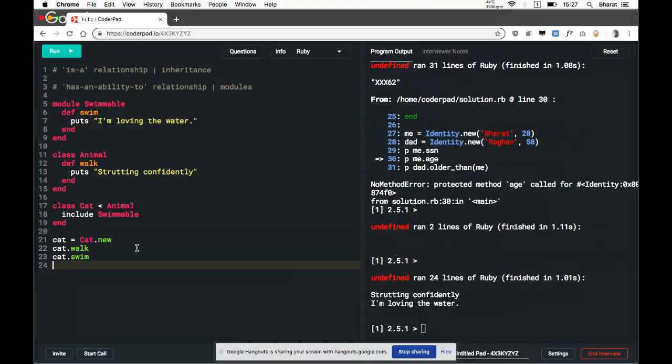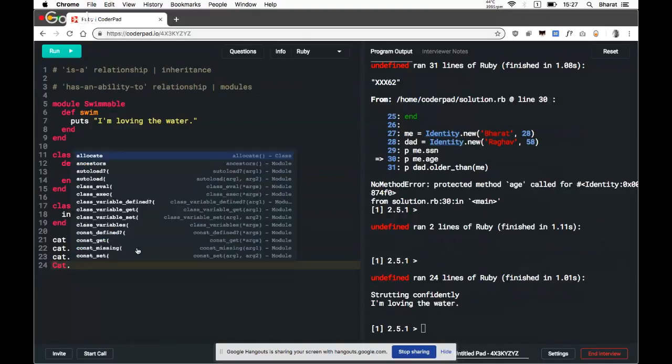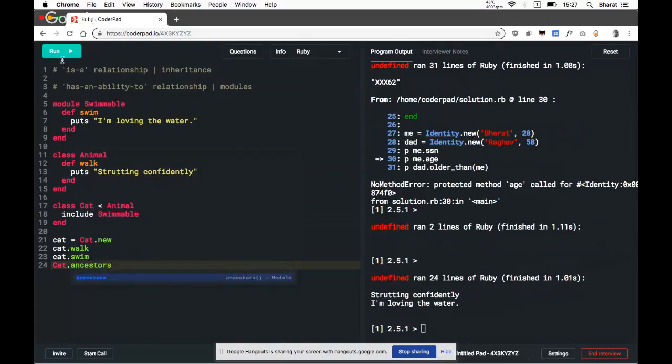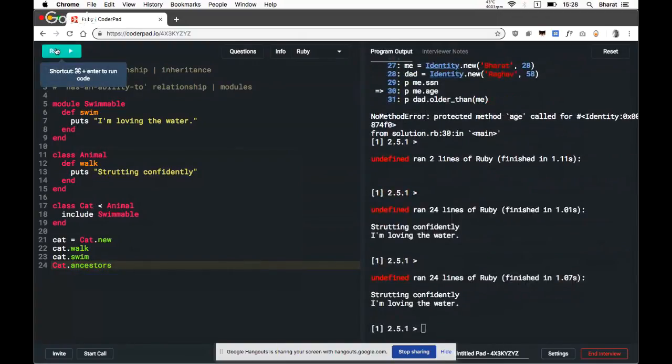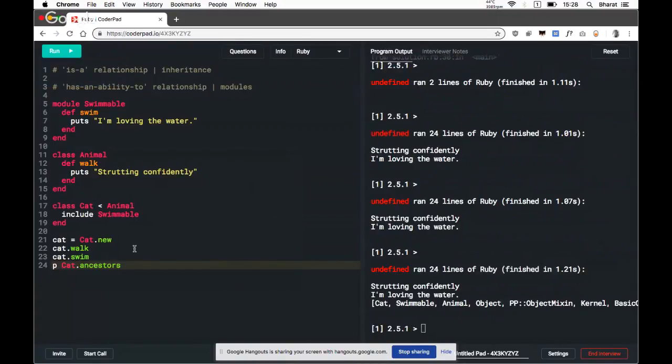Also, if you call ancestors on this, you can see where the program will look for certain method names. The class cat will look within itself, then look inside the included module, then go up and look into animal, and then into these internal ones.